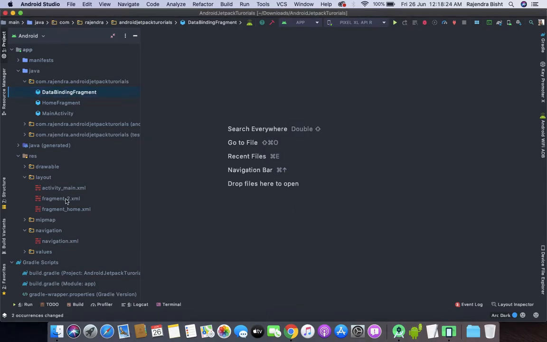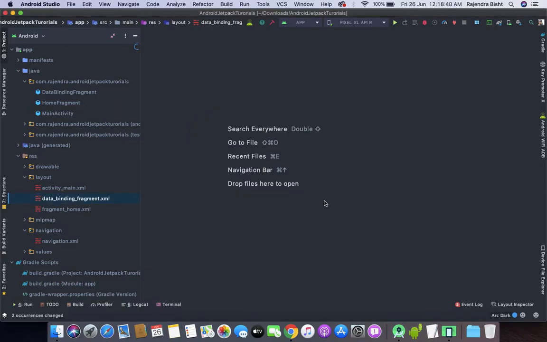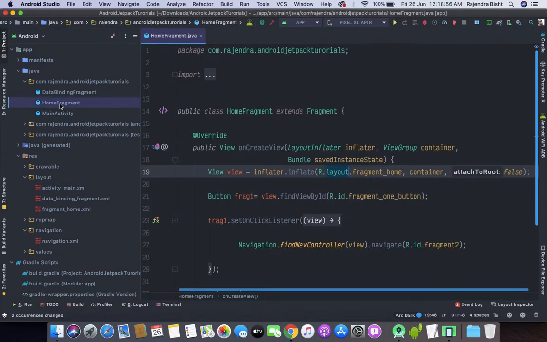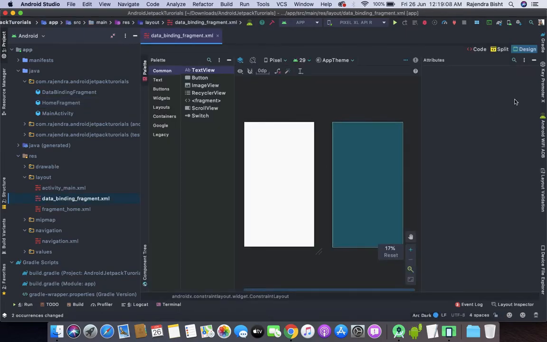Let's refactor this code. Now let's go to the data binding fragment.